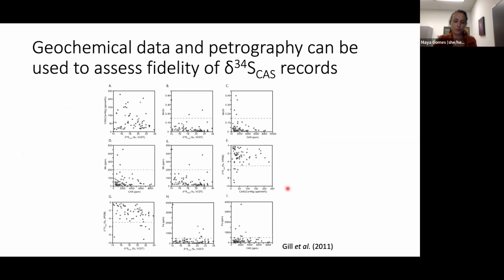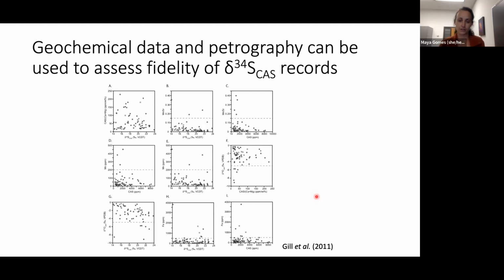And then finally, we want to use geochemical tools to assess the fidelity of these records. So we're really lucky when it comes to CAS that the carbon and oxygen isotope people have been using cross plots for a long time in order to understand diagenesis and the alteration of carbon and oxygen isotope signals. So we can use a lot of the tools that people use to assess the fidelity of carbon and oxygen isotope records to assess the fidelity of